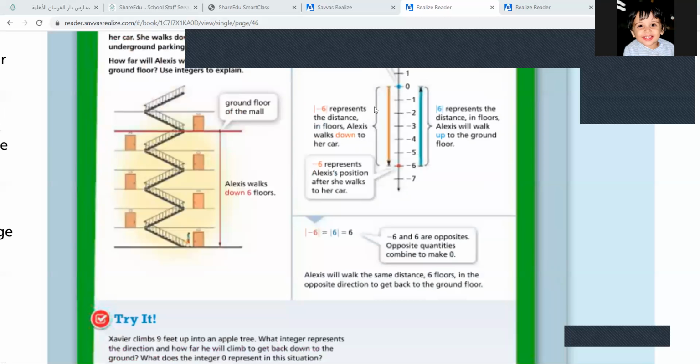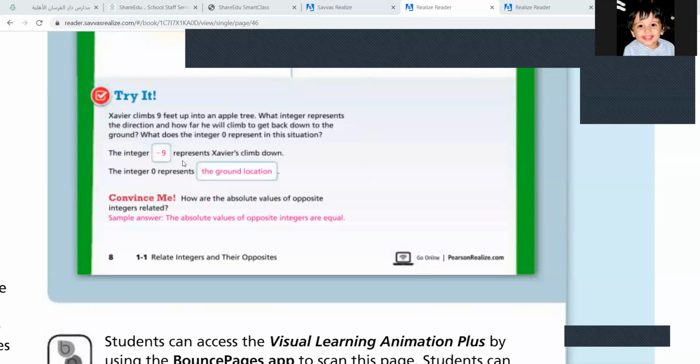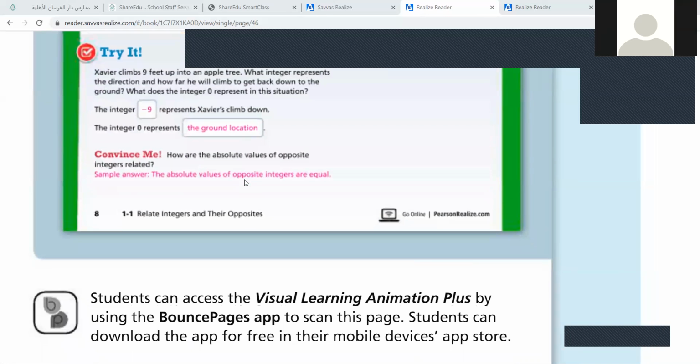You will remember this number line, that when you're coming down, it is minus. Negative. So the integer -9 represents Xavier's climb down. The integer 0 represents the ground location. When it is on 0, it represents it is on ground location. When it goes up, it goes to positive values. When it comes down, it is -9. Negative. And when at 0, where is that boy? He is in the ground location. Okay. Now,